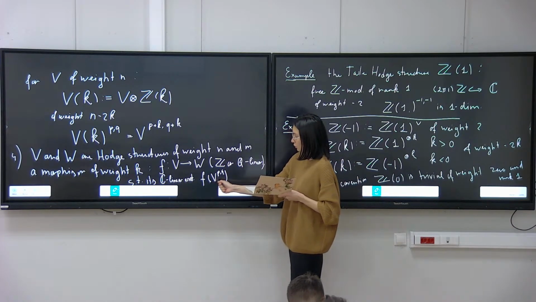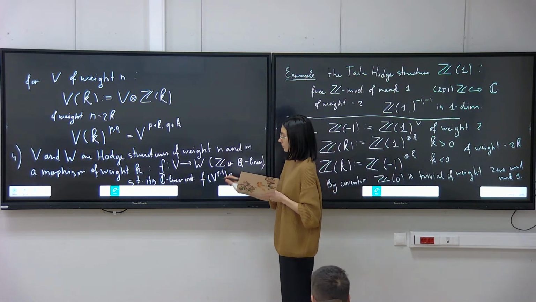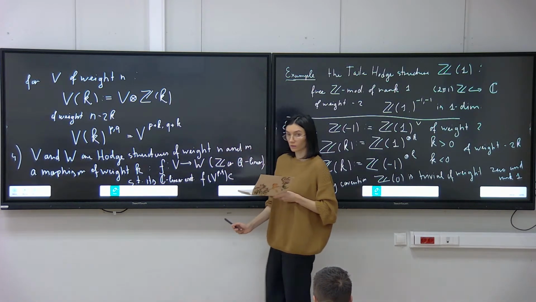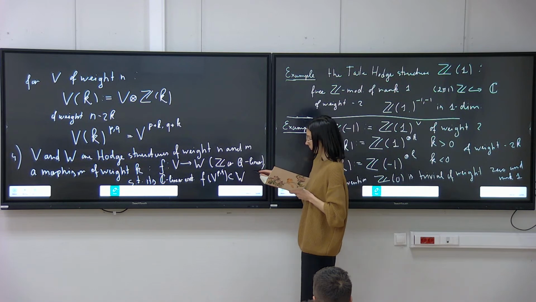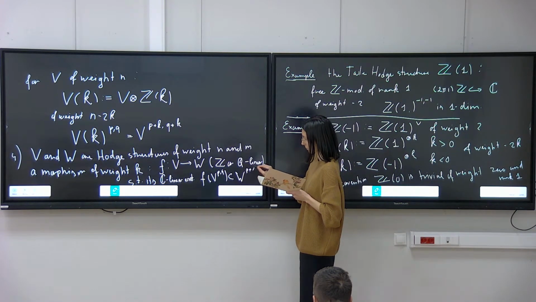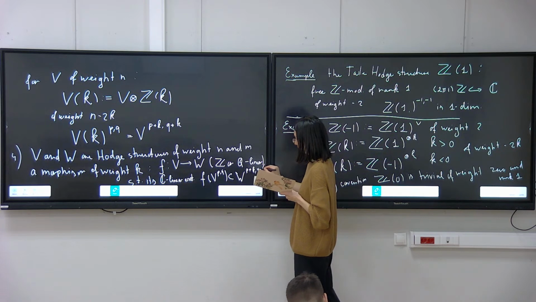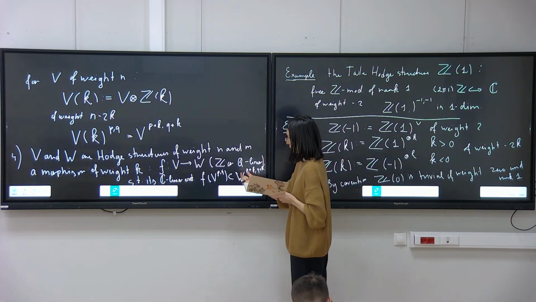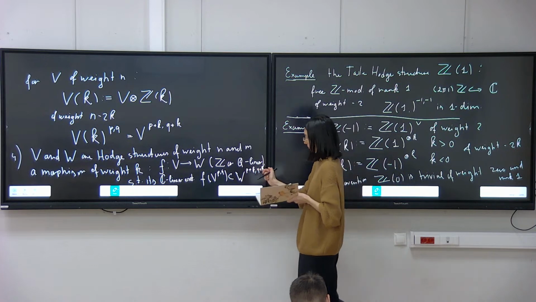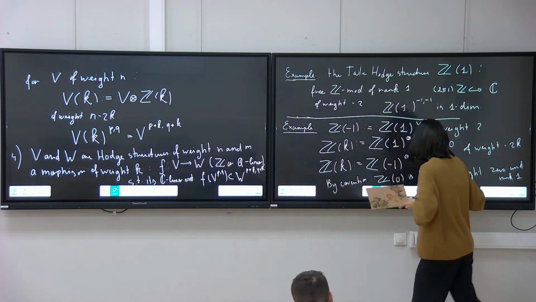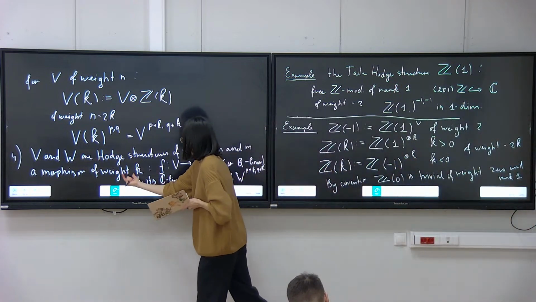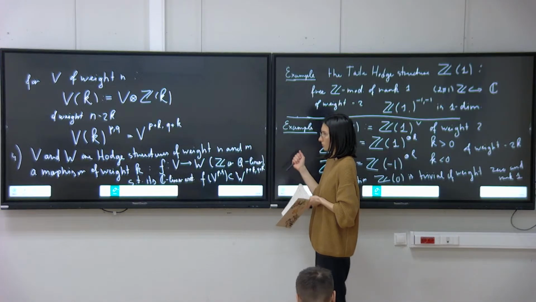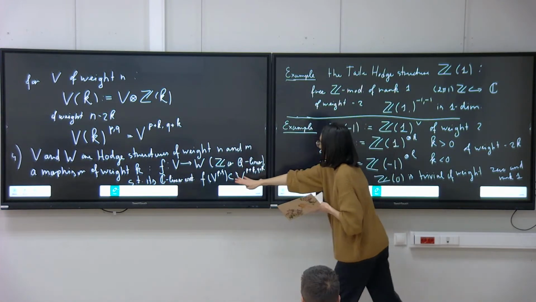Where should an image of V^{p,q} live if we want to define something of weight k in W? In W^{p+k,q+k}. So it is of weight k. We have such a shift. Okay, if we have this condition,